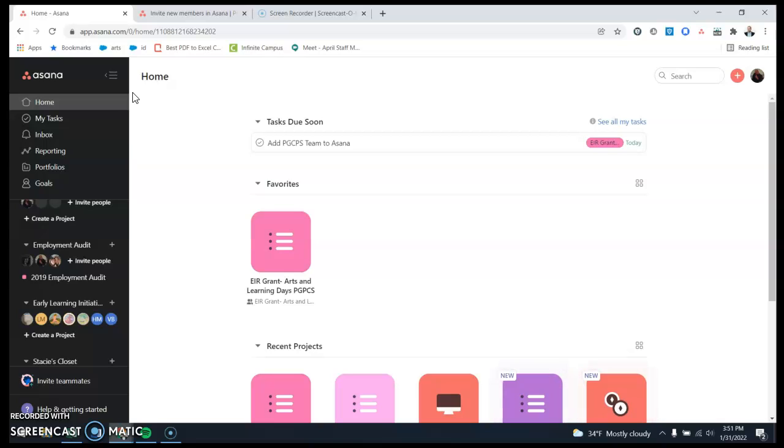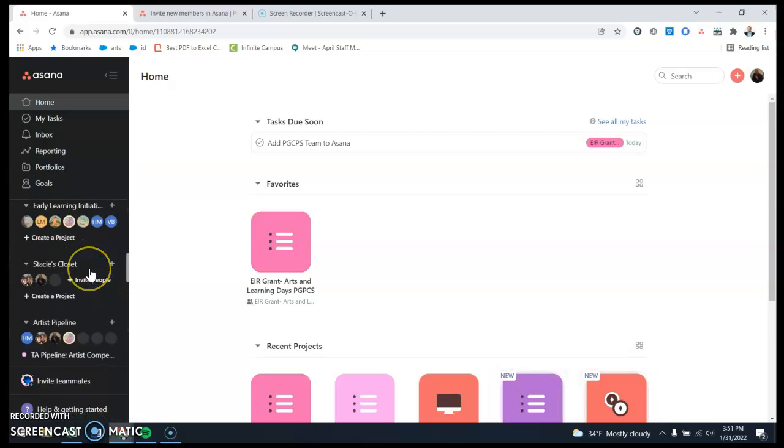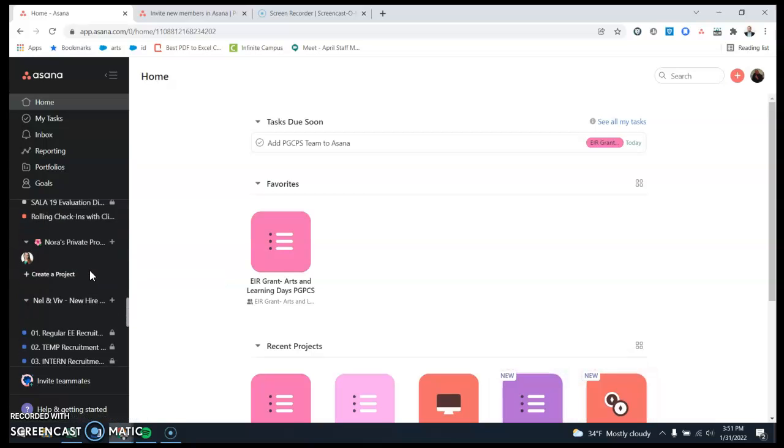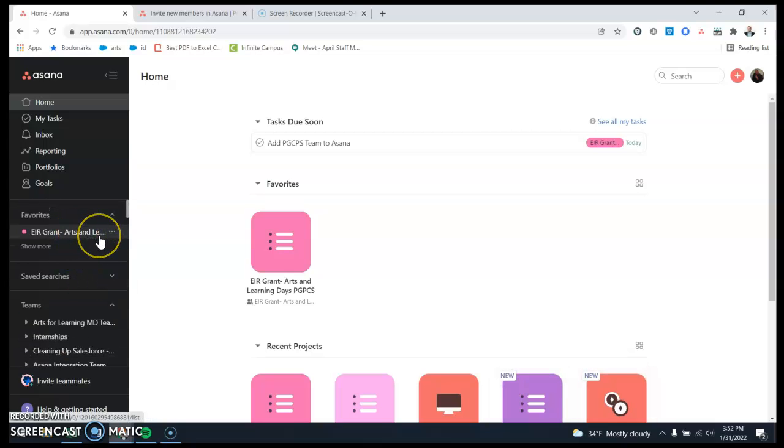Just going to do a quick little introduction on how to use Asana for our project management. So you should have gotten a link to join this project and this team. And so then once you're able to get logged in, you should see some sort of version of a page just like this. Over here on the left, you should be able to see your teams as well as projects. Now, I have a lot of projects, but you all will just, for now, have the EIR Grant Arts